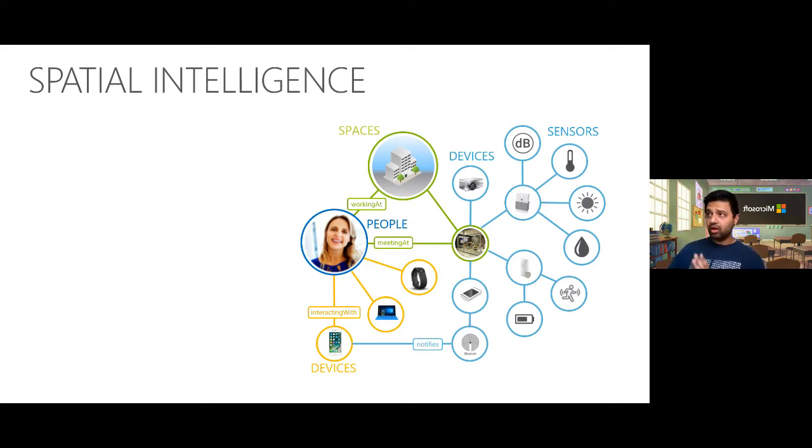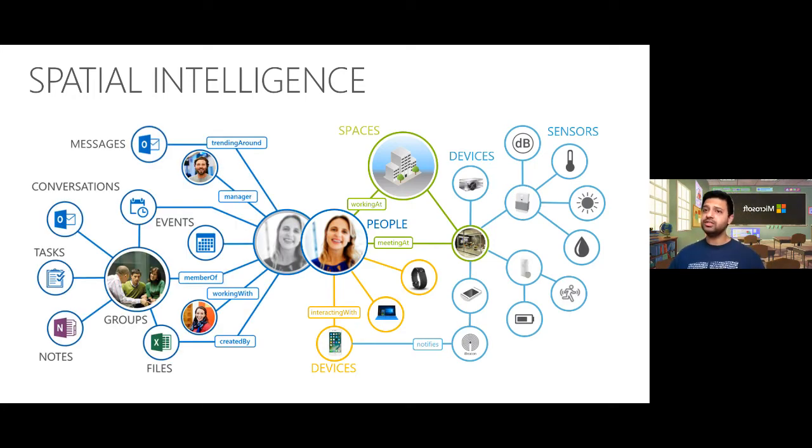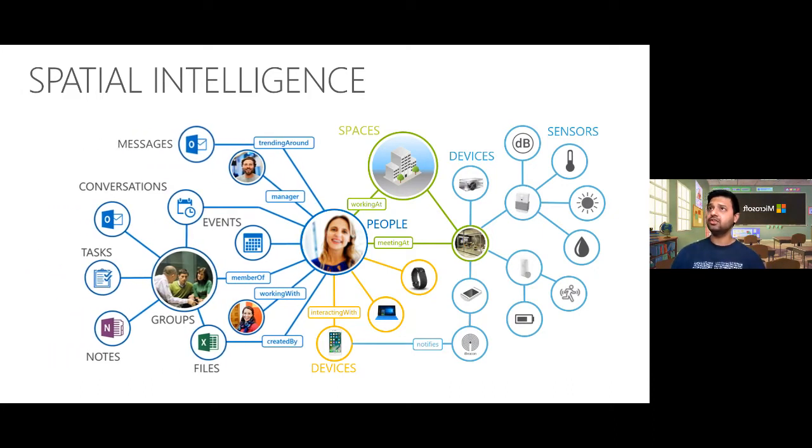So this is one half. If we then merge that with what we saw in the other slides, the day-to-day interactions of that user in the digital world, and we combine those two together, that's when we have a very powerful spatial intelligence graph built. And this will now enable us to identify what the user has been doing, what interactions that user has had with the workspaces whilst carrying out a specific task, and how comfortable that user was at that given time, and we can carry out various different analyses and also have various different modeling.